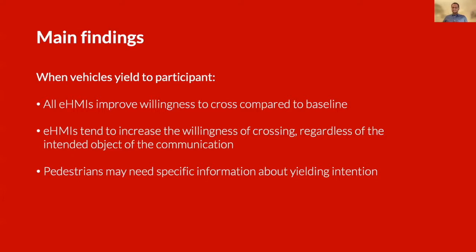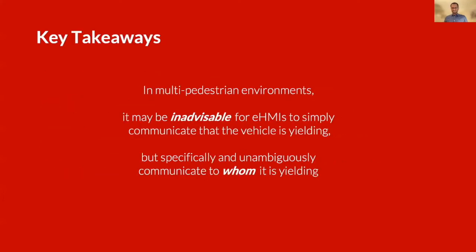However, specifically clarifying where the car would come to a stop, as done by the street projection concept, worked very well. Interestingly, though, the other contextual distance-dependent eHMIs did not perform so well. It could be because even though those concepts added some contextual details, they were not unambiguous and still required some interpretation on the part of the pedestrians.